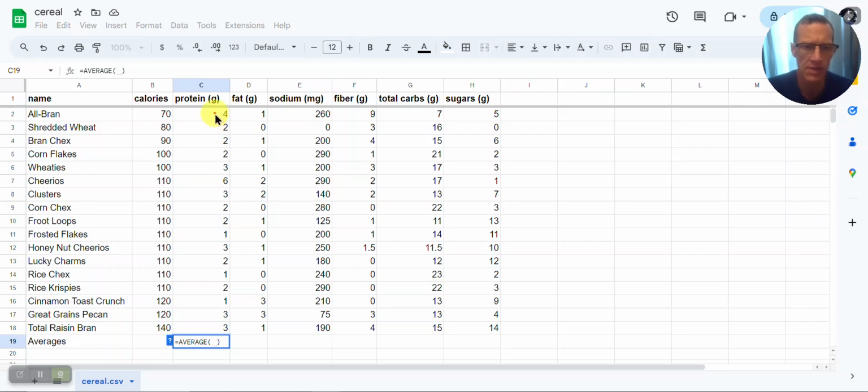So to do that, I'm going to simply click and highlight all these cells that contain protein numbers, hit enter, and the program calculates that average for me. You could also type. If you wanted to change that, you can edit this function by just typing the cells that you want. Okay. Now, you see this big decimal, and that can kind of be a little too much